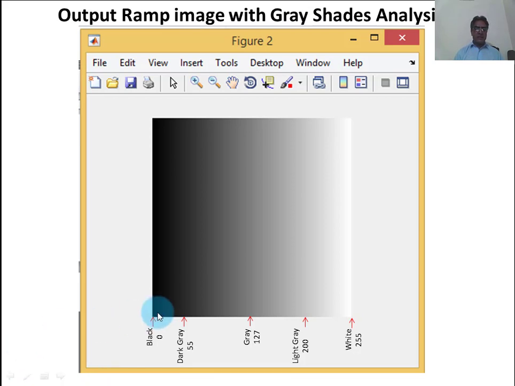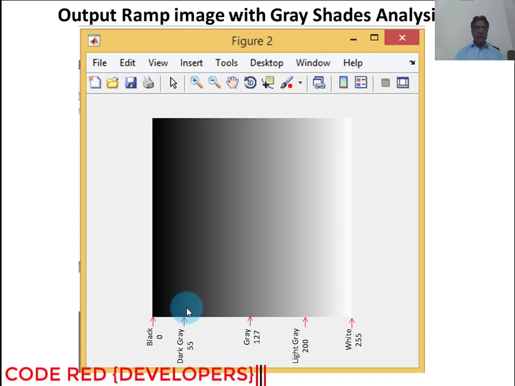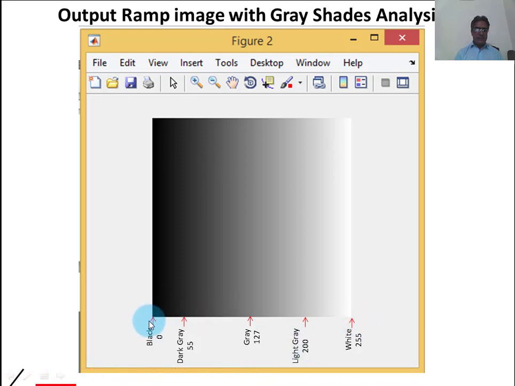In this way the ramp increases gradually from 0 to 255. That is why we say that this is zero and here it is 255.